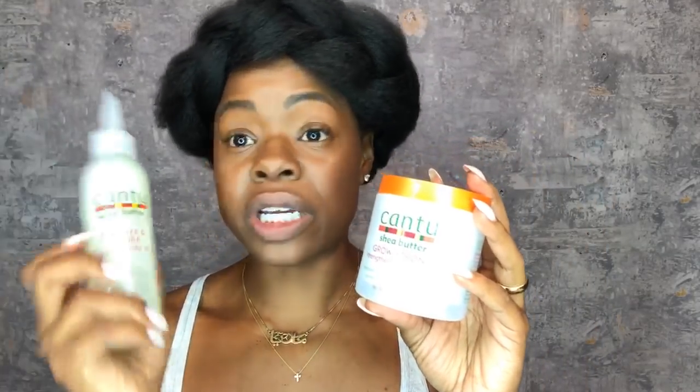Products for your edges: the Grow Strong is amazing. I also like this, which is the tea tree and jojoba oil. Another great product for your edges is castor oil. Another great mixture you can use for all over your head, and castor oil can be used all over your head, is